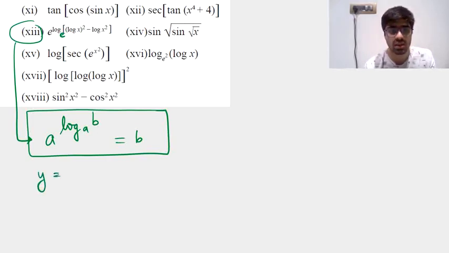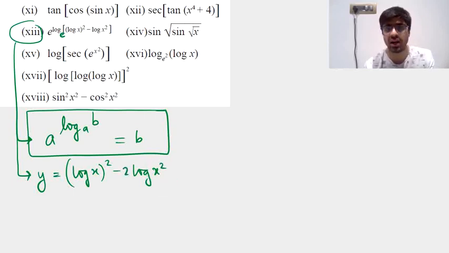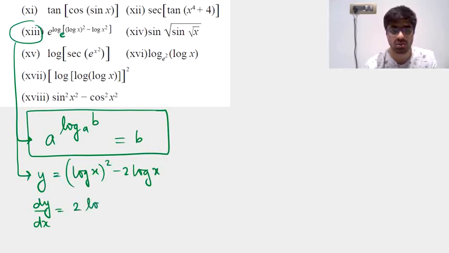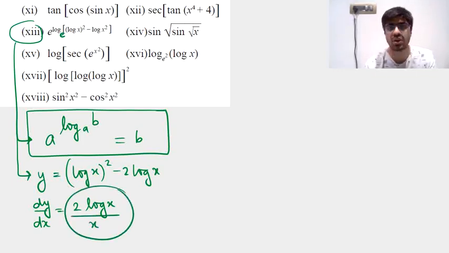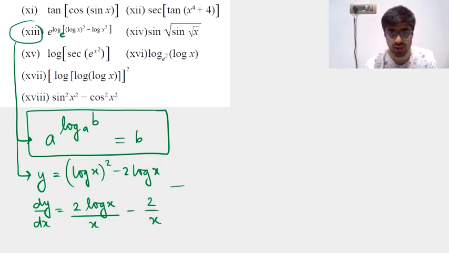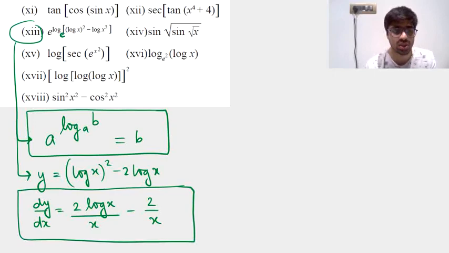So e power log of something to the base e, the value will be this inner thing only. So your y in this sum, that is the given expression, is going to be (log x) the whole square minus log of x square. Log of x square, you can pull out that 2 common and write it outside the log. And now it's a good time to take dy by dx. (log x) square is going to give us 2 log x as the derivative, multiplied further with the derivative of whatever you had in place of x, that was log x. Derivative of log x is 1 upon x. So we multiplied this with 1 upon x, and yes, we are done with the derivative of the first term. Minus 2 log x, the derivative will be 2 upon x. And yeah, that's how your dy by dx looks like.